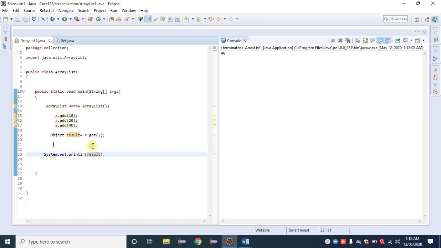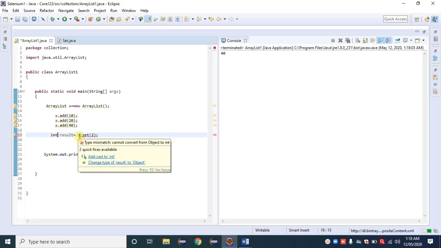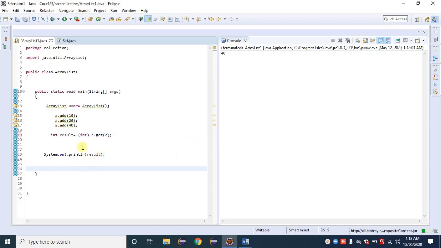Again, in the case of a for loop we get the same type of error here, that is data type casting. We can remove that. No doubt I can also go with integer, but I need to provide a type cast like this. Then it is possible. Click on the run button. So the main thing is, directly go with Object or directly go with a generic function.